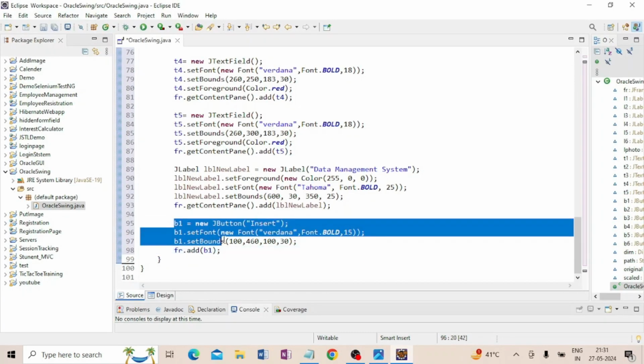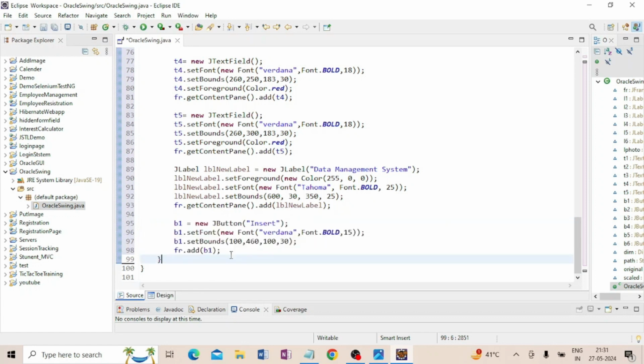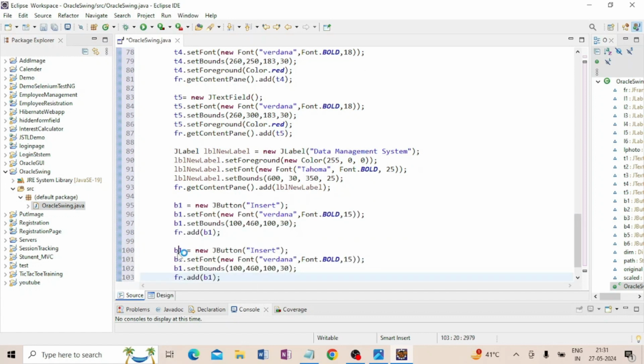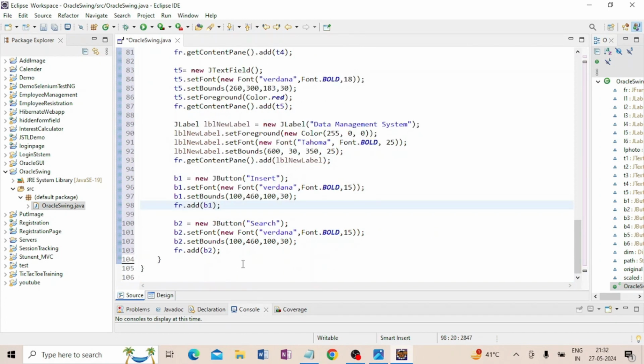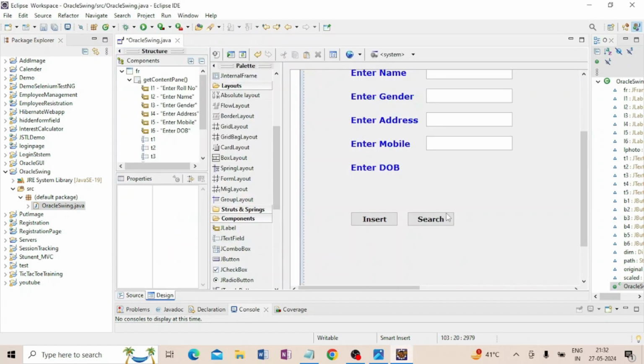Now I am going to copy this line and again paste here. Now I am going to change, in place of B1 I will add B2. Here I will write search. Oh, I have to set the bounds, because here you have to change, it will be 220, because here I am taking 100, I am giving the gap of 120, so I write 220. Now go and see search. Okay, it is appearing here. Next one is